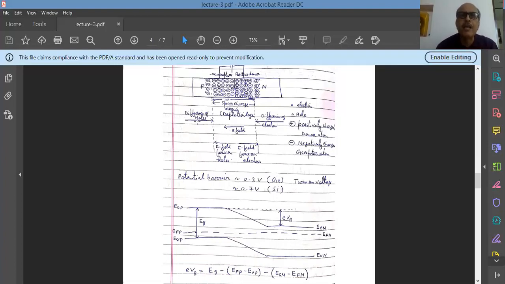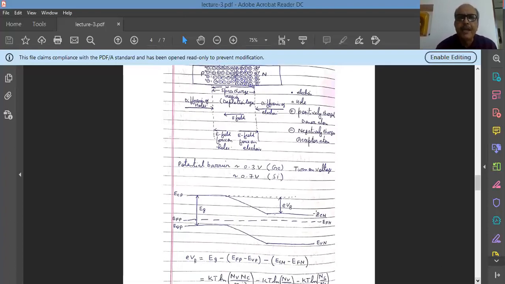So in thermal equilibrium means there is no current in the semiconductor. The diffusion has also stopped. So in terms of energy level diagram, we can say that here you can see that the Fermi level of the two are aligned, they are lined up, but there is a change in the band here. It is because of the electric field. This electric field is from this side to this side. That is why within the barrier, you can see that the bands are not uniform.